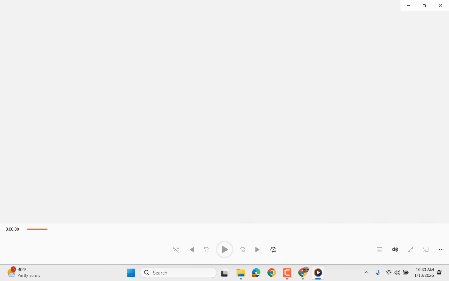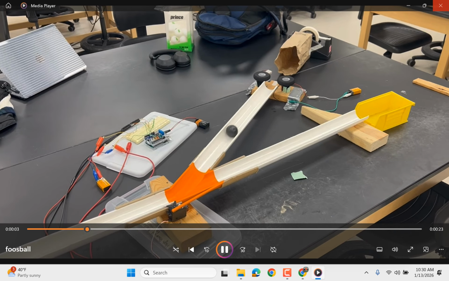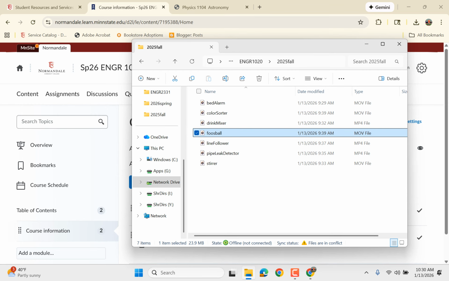But it's a foosball goalie. Hey, wait, you're not a foosball goalie? Oh no, I guess I don't have it. Shoot. Do I have it somewhere else? No, I don't think so. Well, maybe I'll show you that one some other time. But